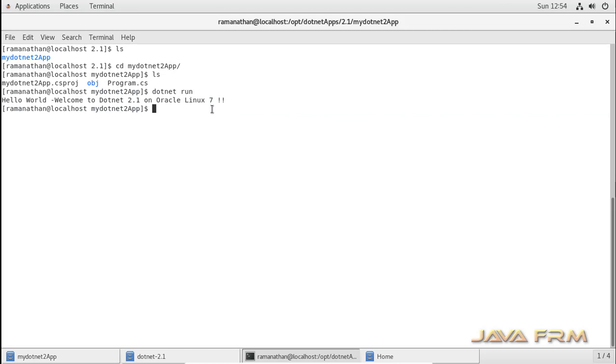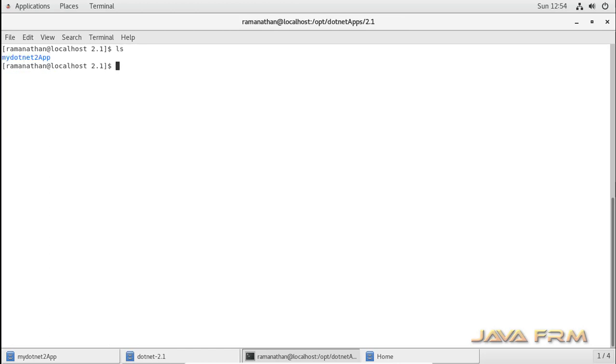Okay, next step is I am coming one directory back, that is the 2.1 directory. I am going to create another application. This is an ASP.NET Core 2.1 web app. It means I am creating an ASP.NET web application now.